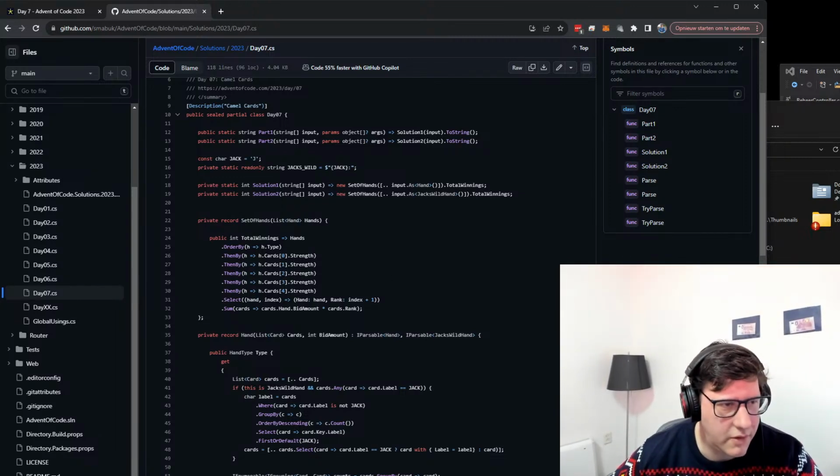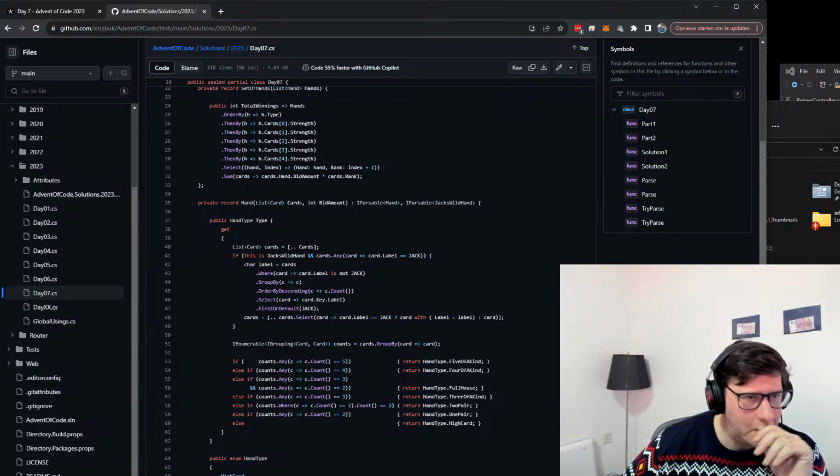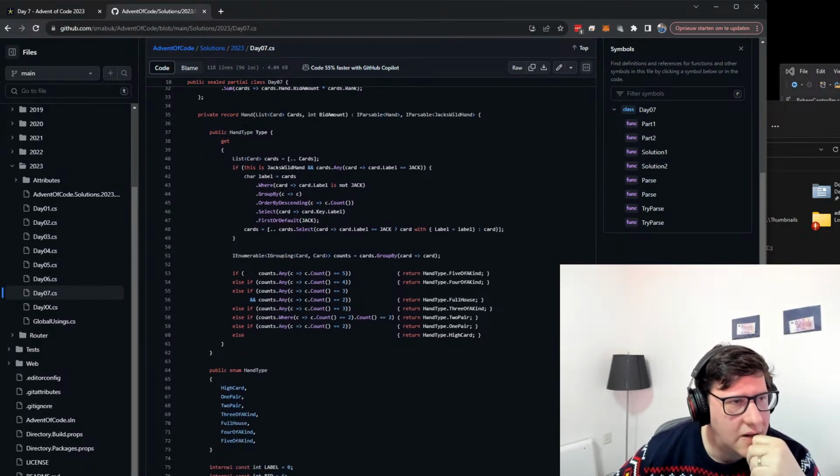This is perfectly fine. A record hand, parsable hand, my parsable jacks, wild hand. Okay, let's see. Cards that any card labeled jack, card labeled is not jack, group by, okay, you group by the card, order by descending in count. Select